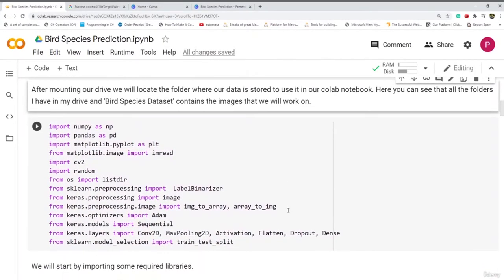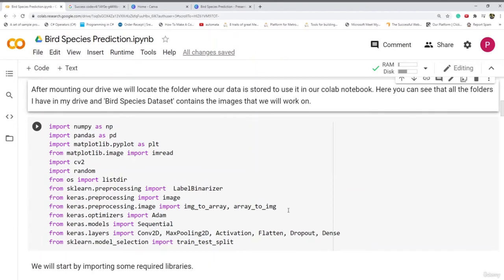This is the most important step. Here we are importing some of the required libraries. Here you can see that we are importing some very important functions for CNN. From keras.layers, we are importing the layers that we will be using, that is Conv2D, MaxPooling2D, Activation, Flatten, Dropout, Dense. We will split our data using sklearn.model_selection, train_test_split. We will create a sequential model, so we need to import that using keras.models. The optimizer we are going to use is the Adam optimizer,